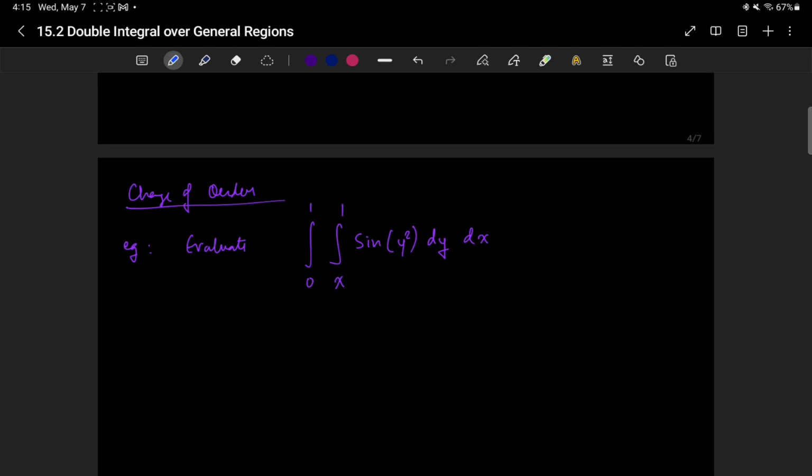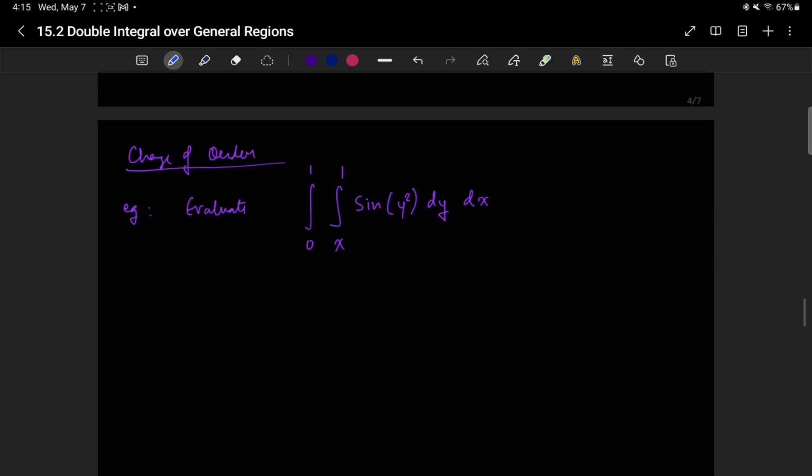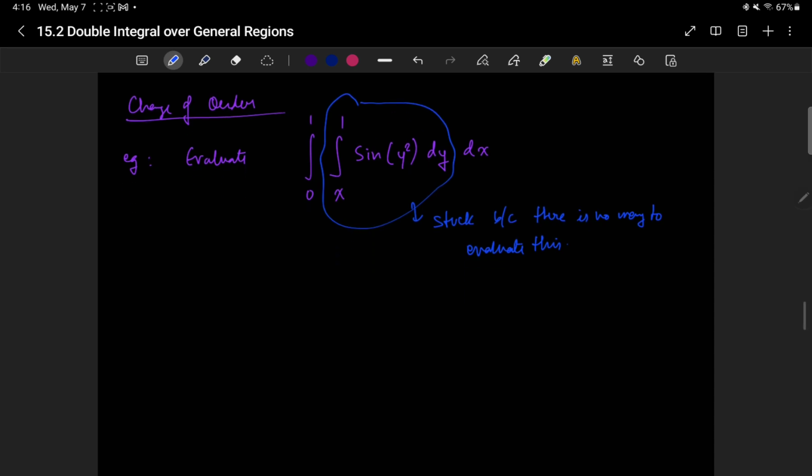is that it can be used to evaluate some integrals which cannot directly be evaluated. So we'll look at an example what it means. Suppose I'm trying to evaluate this integral. The problem here is, as soon as I encounter this, I am stuck, because there is no way to evaluate this. And when I say there is no way to evaluate this, I don't mean that you don't have the tools. There is no way to evaluate this integral directly, but we can interpret this